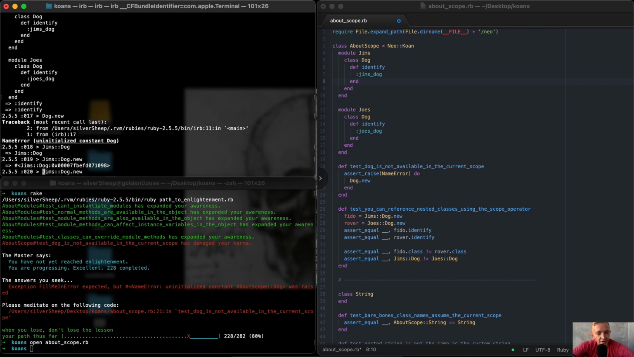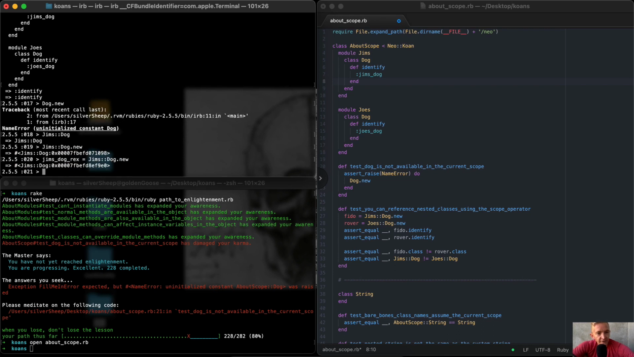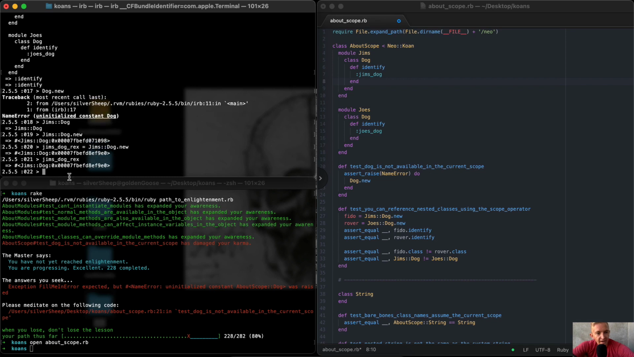So we could be like Jim's dog Rex is equal to there. And then now we've got Jim's dog Rex is a class being instantiated. So that's what they're showing here. So if you go assert equal Fido, who is an instance of one of Jim's dogs, and you say Fido.identify, you're going to see that it's going to come out to here because the Jim is here. And Rover, which is a Joe's dog.new, you're going to see here, so if you can identify the owner, and